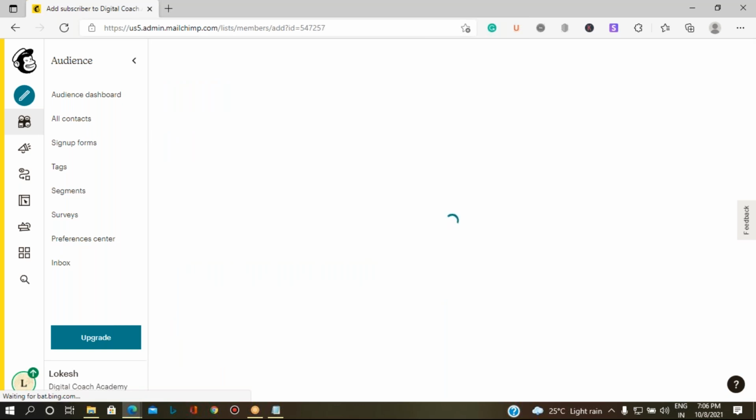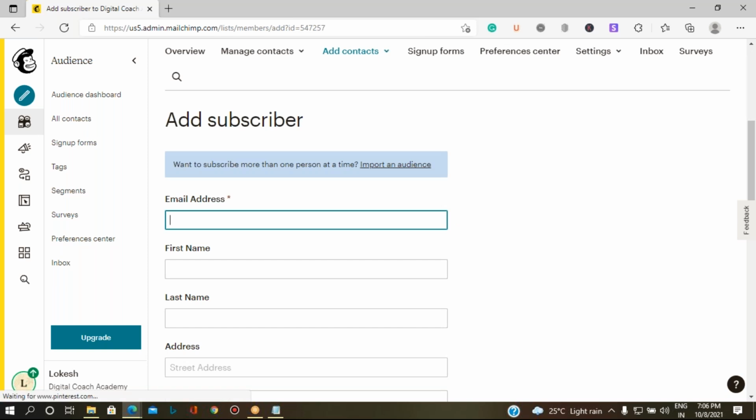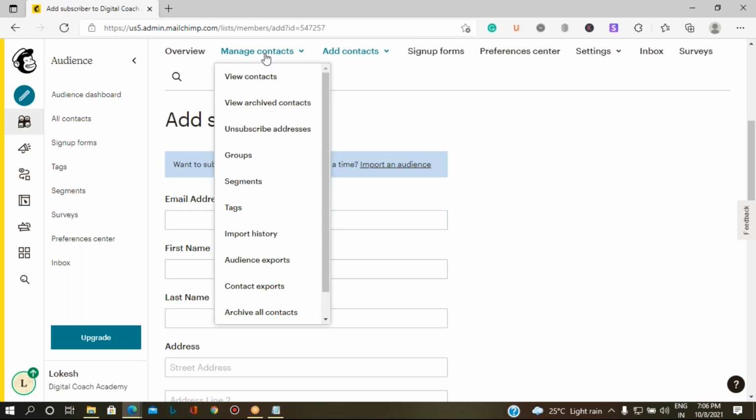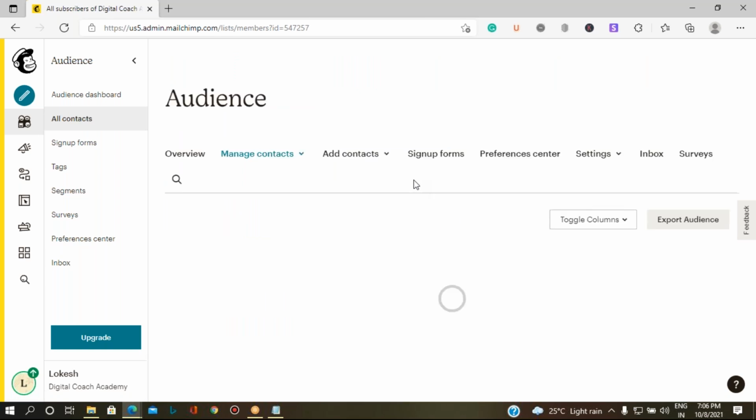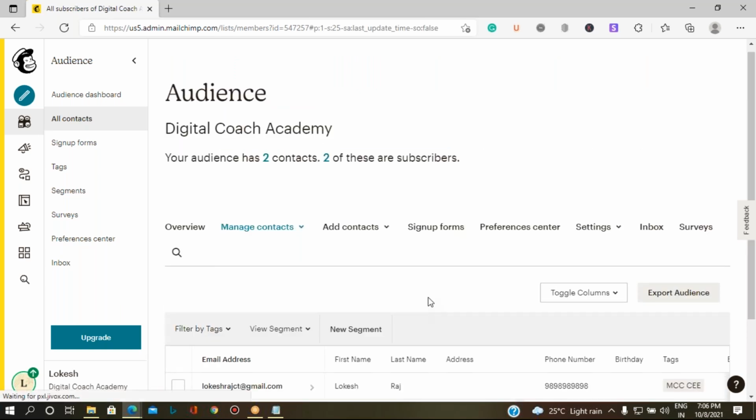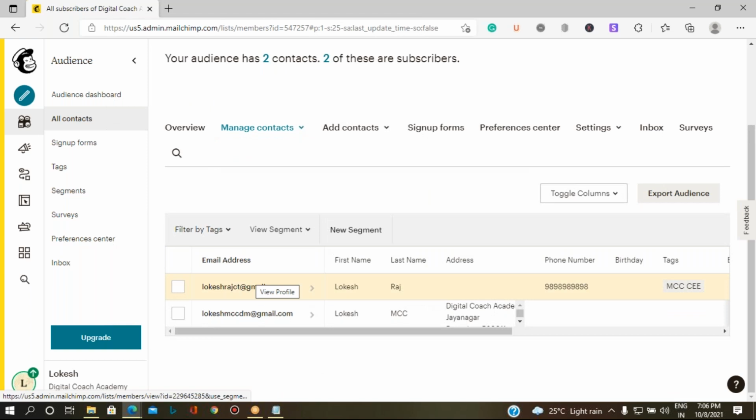Has everyone understood how we added a subscriber? Let's see the list. Let me go to manage contacts, view contacts. Here I can see all the email IDs which have been added, along with the tags.